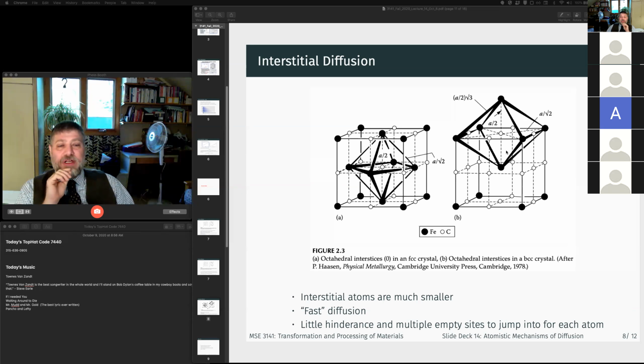The carbon really doesn't want to be in there. There's not enough room in BCC for it. It's just when you quench down to martensite, there isn't time for it to diffuse away, right? When you temper,